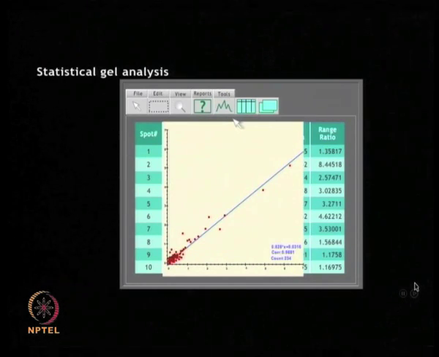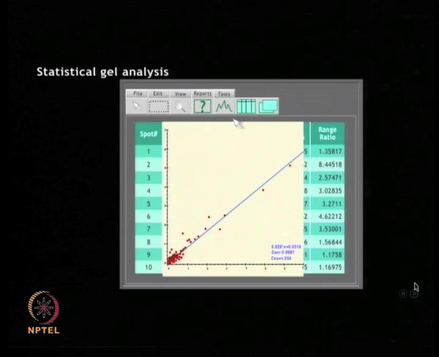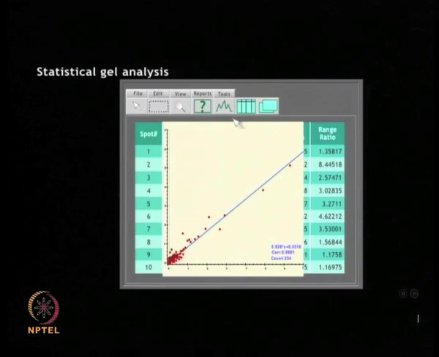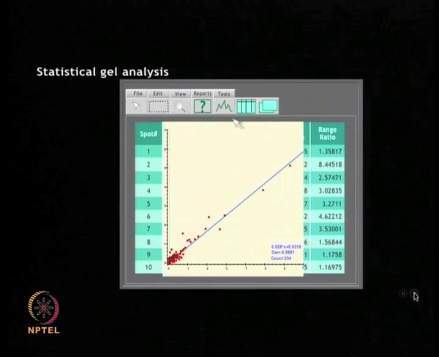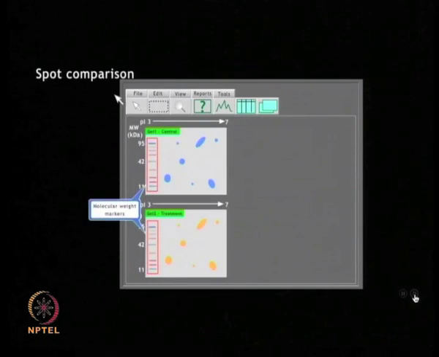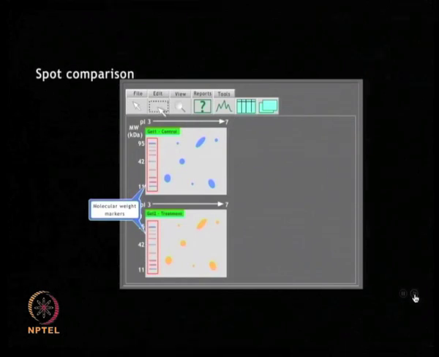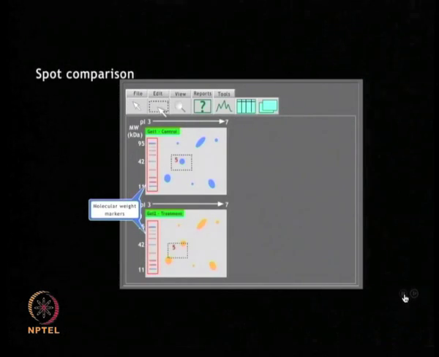These can provide information regarding inter and intra-gel variations. The spot comparison. It is possible to specifically compare a particular selected spot across the gels.